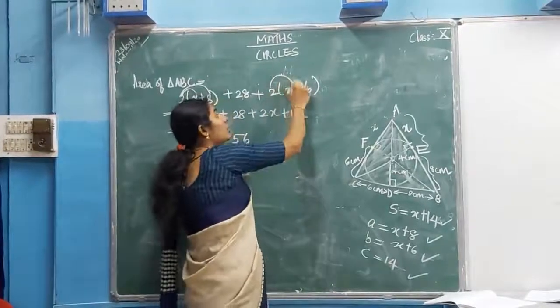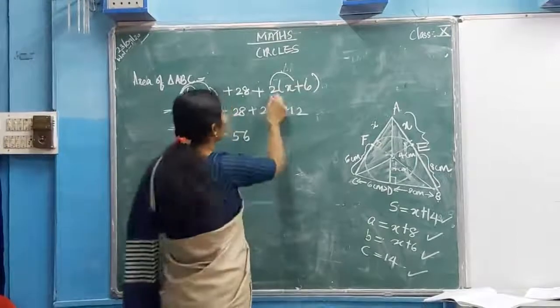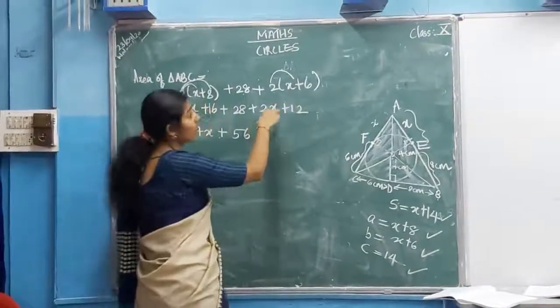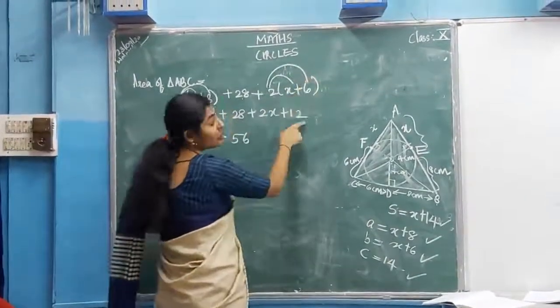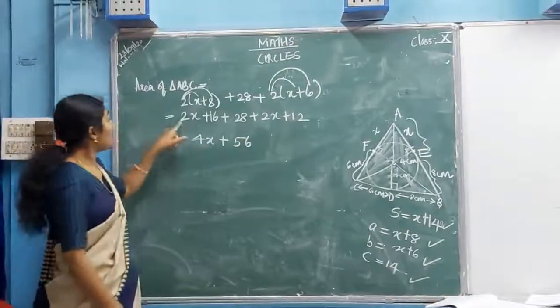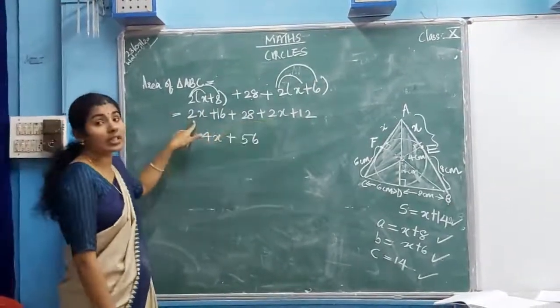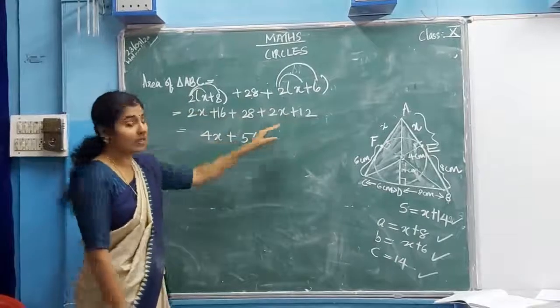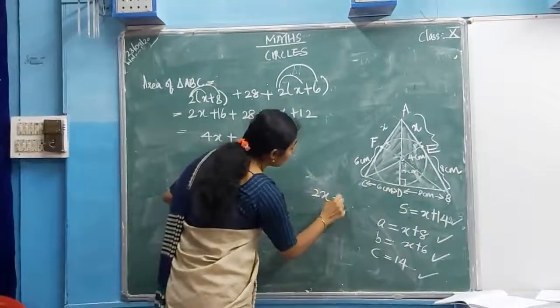So you should multiply 2 with each term. So what will you get? 2 multiplied by x is 2x. 2 multiplied by 6 is 12. Now when you are adding these two variables, what will you get? 2x plus 2x is,